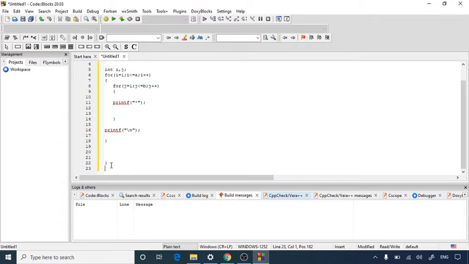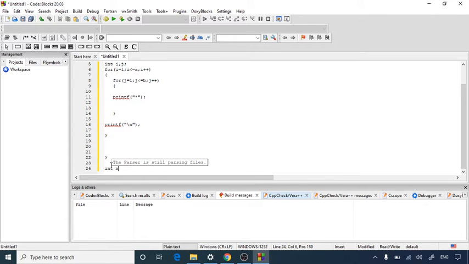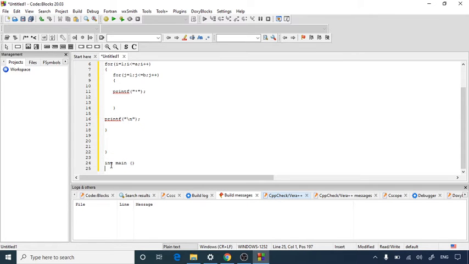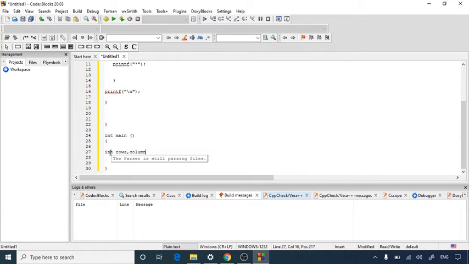Now it's time to use the int main function. So write int main, and inside int main we are going to declare int rows and int columns. The data type is the same, so you can write it this way: int rows, columns. First of all we will ask the user, using printf, how many rows and how many columns of rectangle they want.